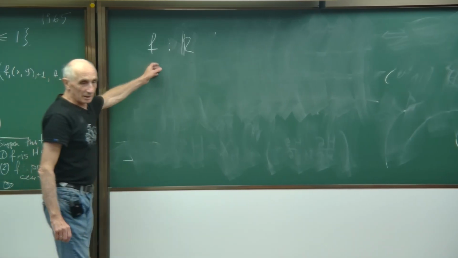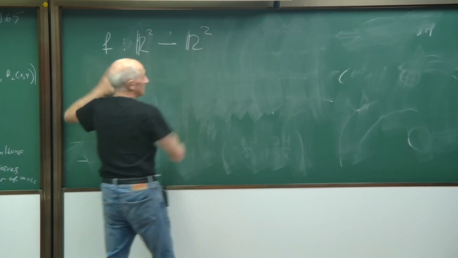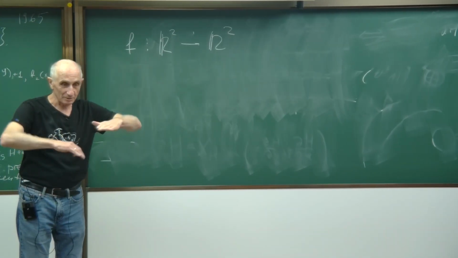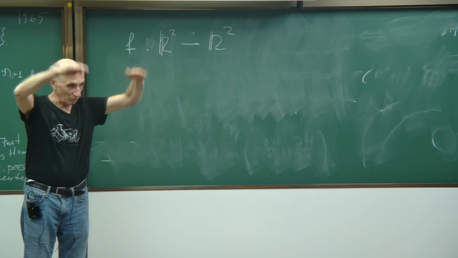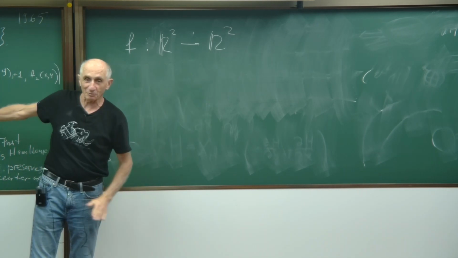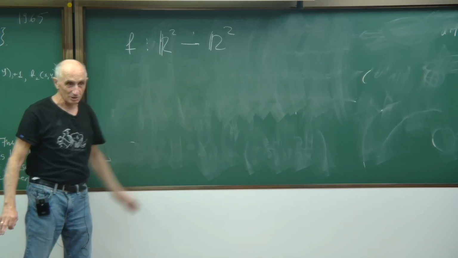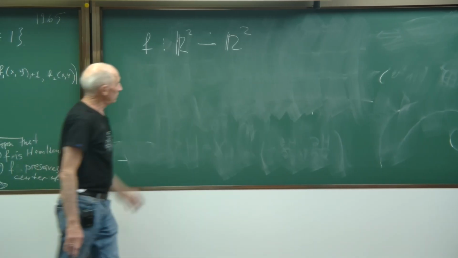So you take this map from R2 to R2, which is equivariant with respect to the action of the lattice, and you have this preservation of mass, the Hamiltonian condition. Okay, so now